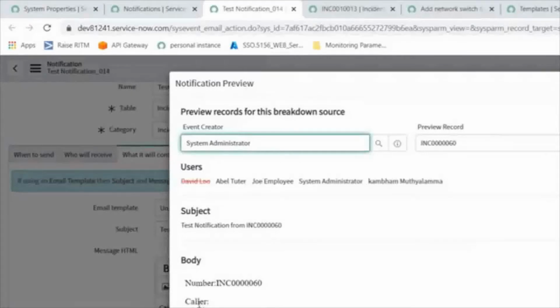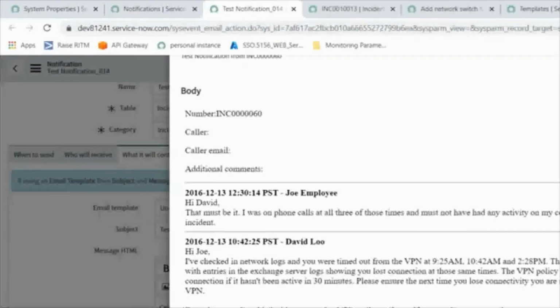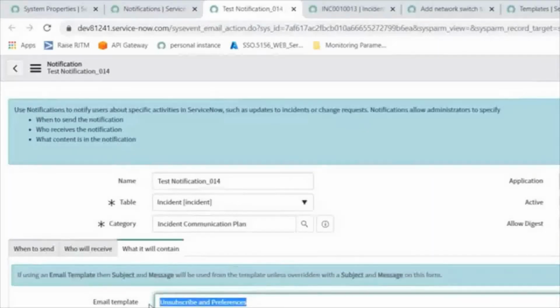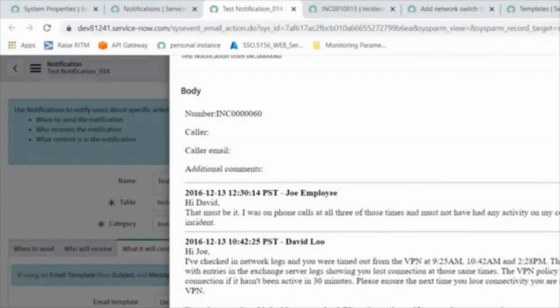Additional comments, caller ID, caller email, caller number, the body here in the approval. See, the approval field is showing at the bottom. So, not yet approved, not yet requested. Here you can see the watermark, which we already discussed, right? Unsubscribe, notification preferences. By using this one template, that watermark is coming up. Understood what the use of the template is now? This watermark is coming from that email template.